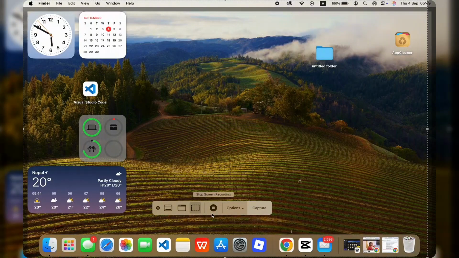Once the recording has been stopped, it will be saved on the location where you have chosen. Mine is in desktop,